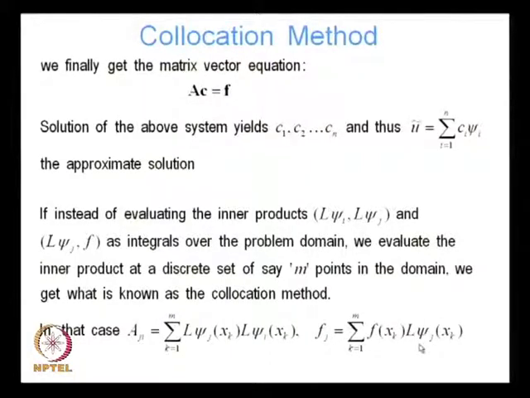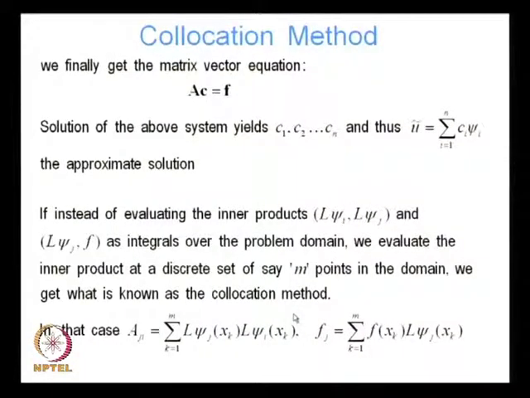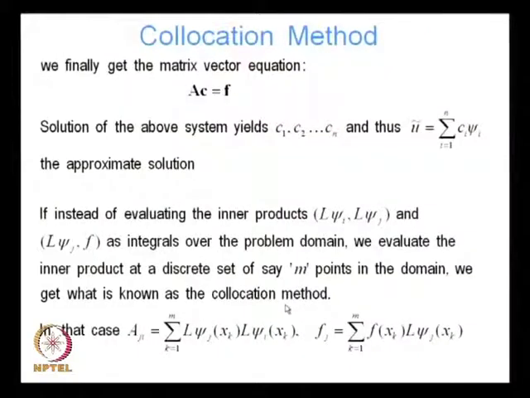To evaluate the F_j, I similarly convert it into a sum. So again I evaluate L psi j at x1 times F evaluated at x1, add to that L psi j evaluated at x2 times F evaluated at x2, and so on and so forth, and I get my F_j, the contribution to F after taking the projection with psi j. So this allows me to evaluate my coefficient matrix as well as my right hand side in a discrete fashion without performing the integration, and this gives me what is known as the collocation method, because as we will